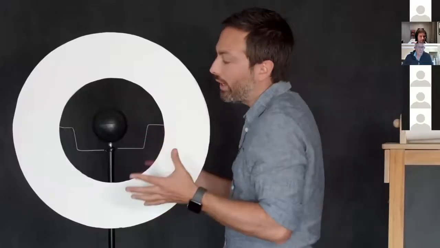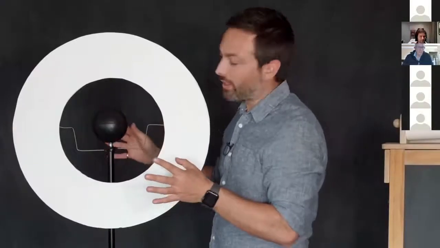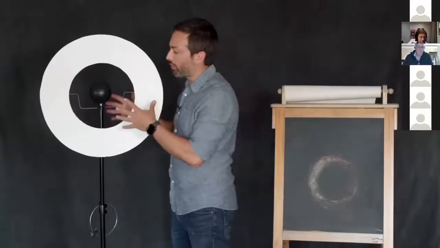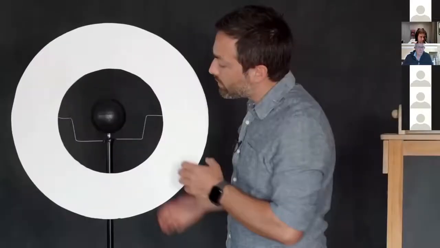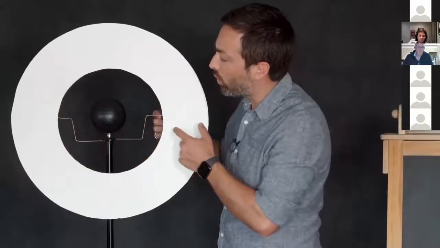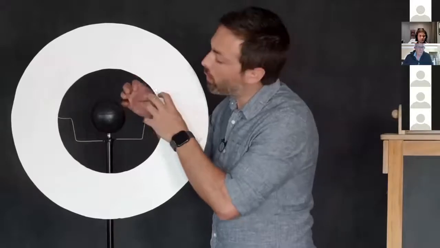Now, in all likelihood, the black hole at the center of our galaxy will be spinning, but for simplicity, I'm just considering the non-spinning case. You can see my video on spinning black holes if you want to find out more about that. So this is the innermost orbit for matter going around the black hole. If it goes inside this orbit, it very quickly goes into the center of the black hole and we never